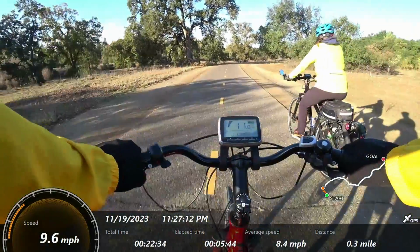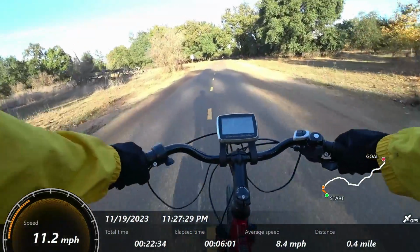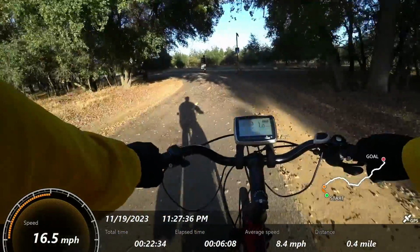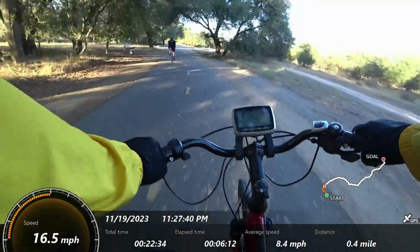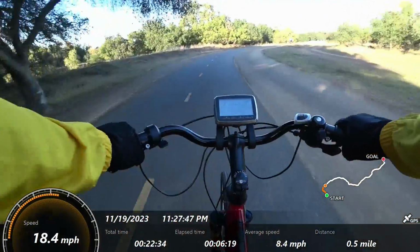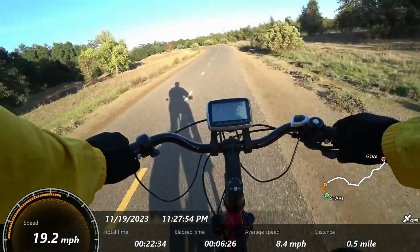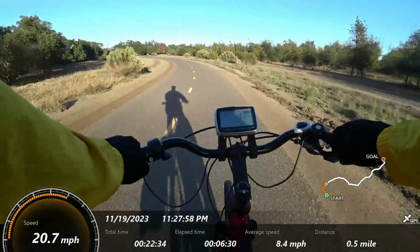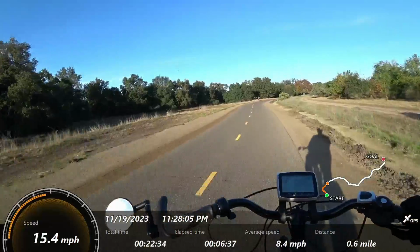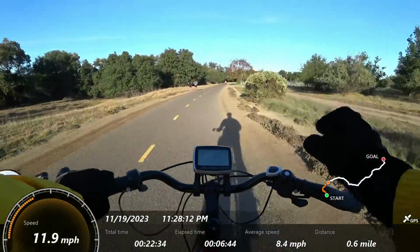I'm going to show you what I can do for a little top speed here. I'm going to get in high gear and let's go. So I'm basically in my highest gear. We'll see where the GPS settles out. I'm having to kick it pretty hard to get in the neighborhood of about 25. I could probably sustain 20, 21 for longer rides, just because of the amount of effort you have to put in. That's another place where I think being able to up the output would give you just a bit more speed